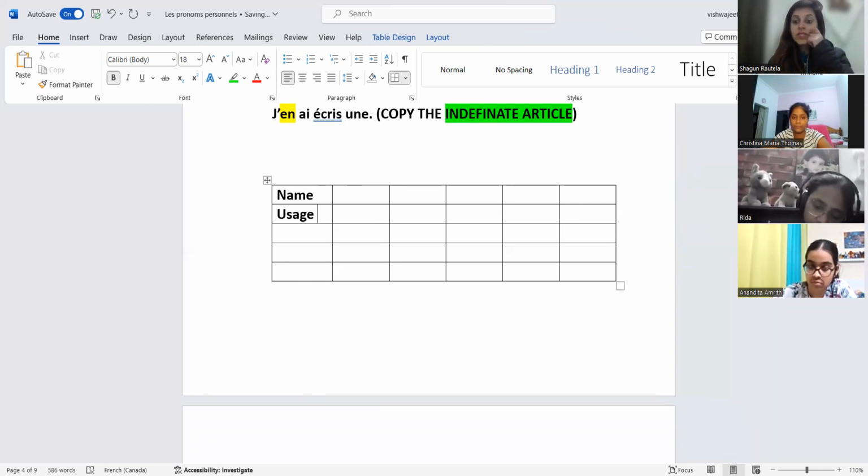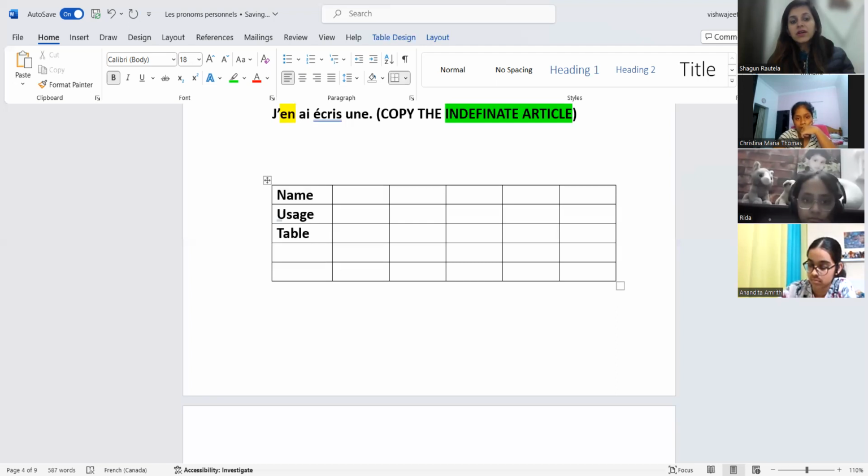Next is usage. Which one is used for what? Pronom sujet can be used with person. COD can be used with person, place, thing. COI only person. Y, place, thing. EN, place, thing. Next, the table of all of them. Just write the table, like pronom sujet is je, tu, il, elle. COD is me, te, le, la, l', nous, vous, les. And then